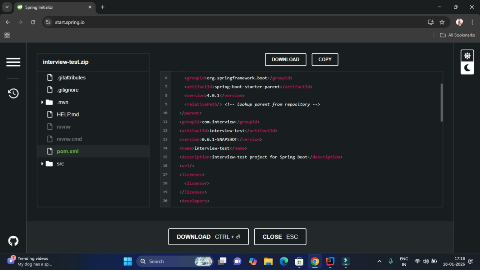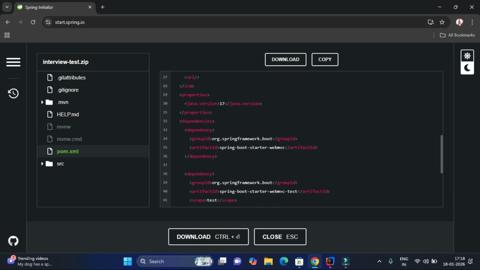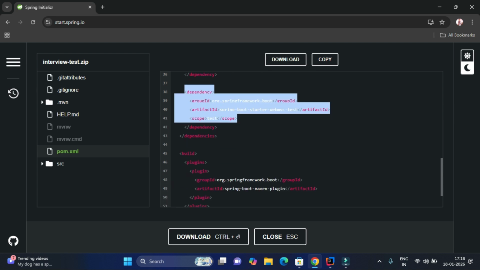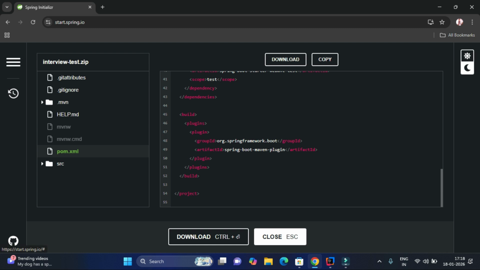You can see this is the group ID which I have added, and this is the artifact ID, and this is the version. By default it's providing 0.0.1 snapshot version, and this is the name of the project, and this is the description. Below you can see our added dependencies, and the WebMVC test will automatically be added for creating the test cases of the application. So I'm going to close this one,